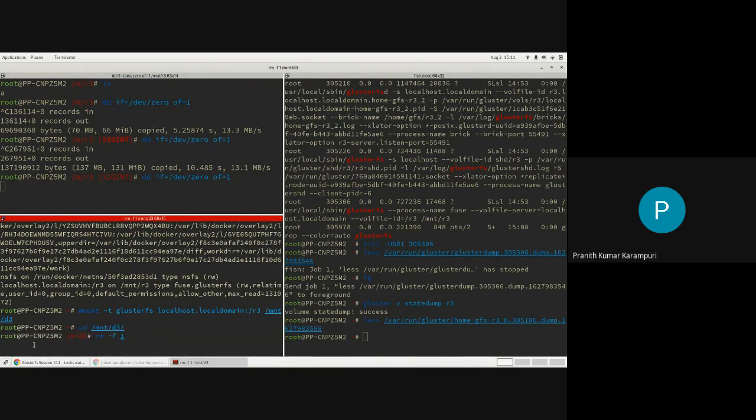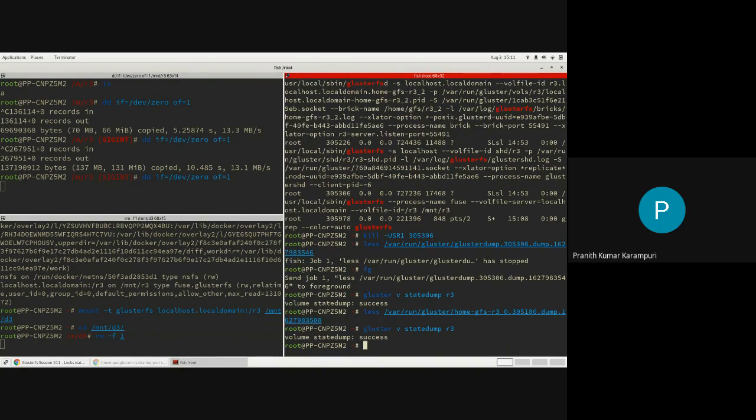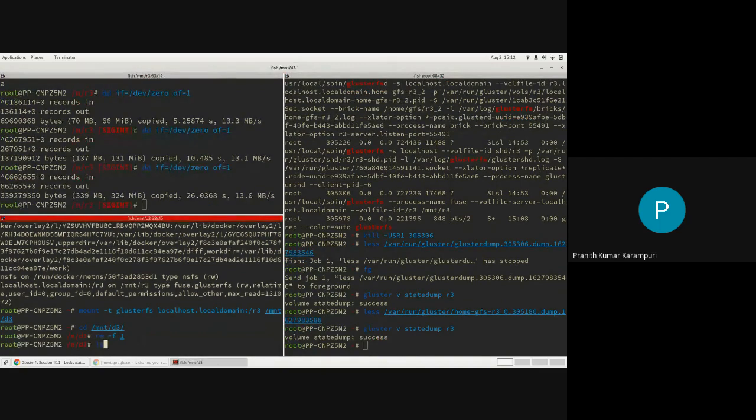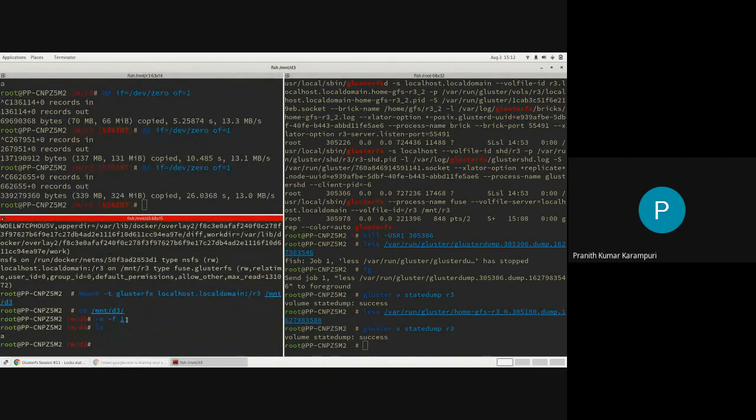It shouldn't be hanging. Ideally, it should go through. We'll take a state dump also. All right. Now, as soon as I stop this, it will go through. You see, now it won't be there. See, the file is not there anymore, right?